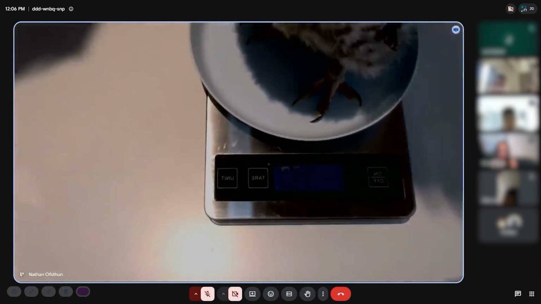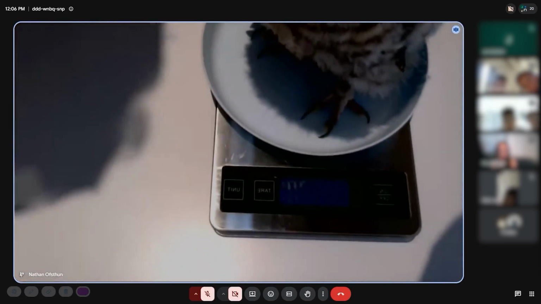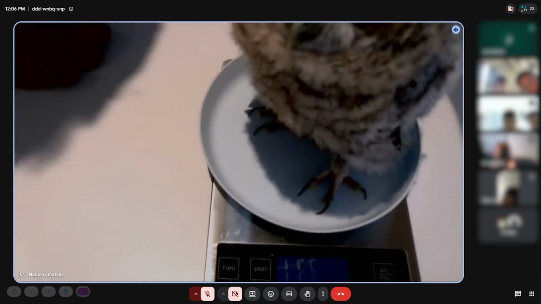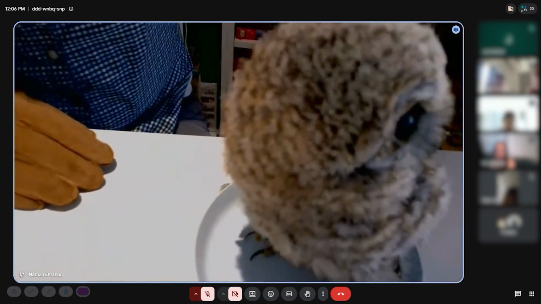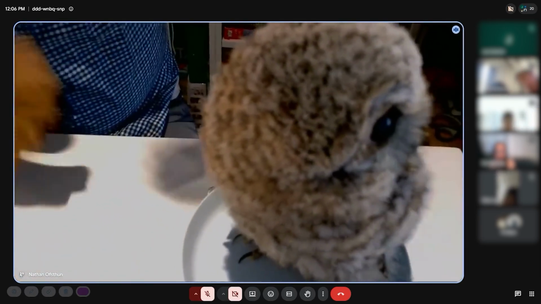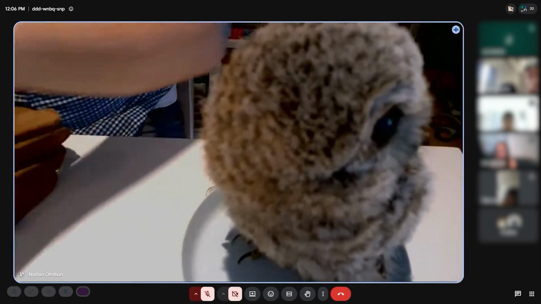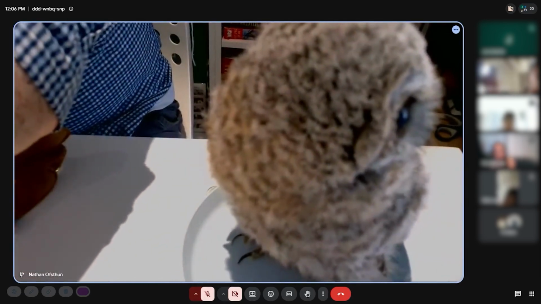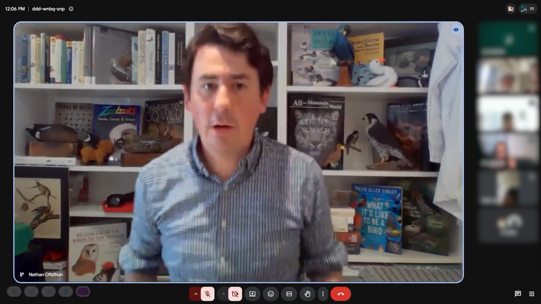And I don't know if you can read that. His reading right now is 331 grams. So this buddy right here is 331 grams. And so I believe, we're fairly certain, based on his size, that Aluco is a male. We actually are not 100% sure, but one of the best ways to identify them would be to understand the weight, because male owls are generally about 25% to 33% smaller than a female owl.